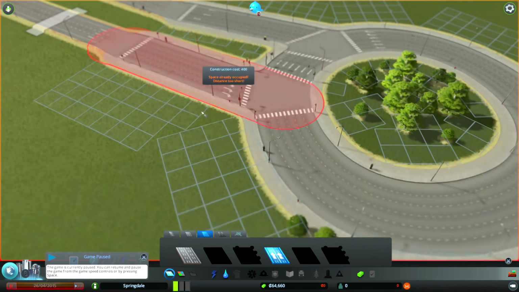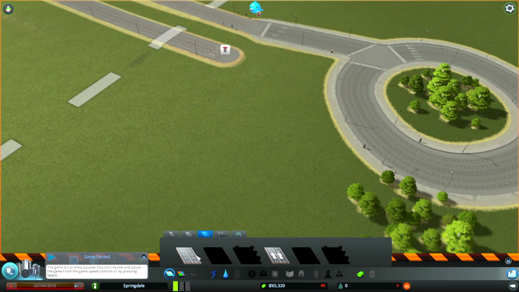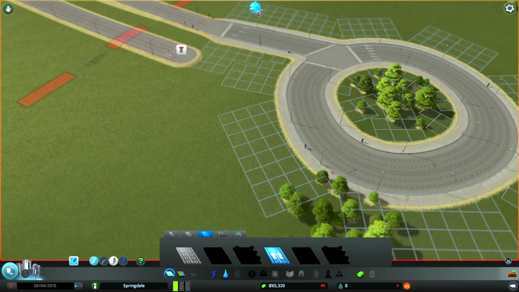traffic lights and left-hand turns are what kill you. As long as it's not stopping traffic so that these guys can turn right. Actually, you know what? I think it will. It'll stop traffic so that these guys can turn right. And we definitely do not want that. So we're going to try...